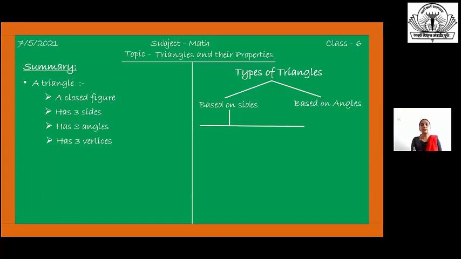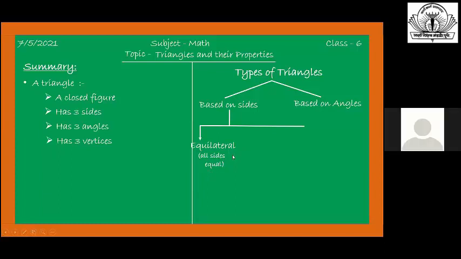And what is an equilateral triangle? Having all 3 sides equal. Yes, very good. So the first one is an equilateral triangle. It has all sides equal. Now the second one was